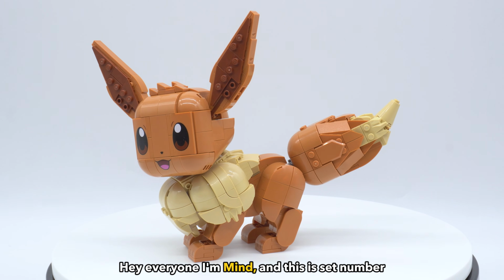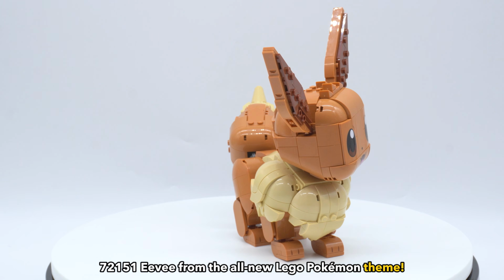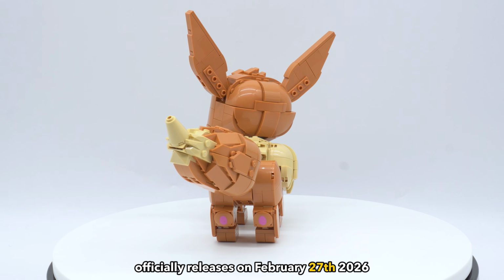Hey everyone, I'm Mind, and this is set number 72151, Eevee from the all-new LEGO Pokemon theme. This set contains 587 pieces and will retail for $59.99 in the US when it officially releases on February 27th,